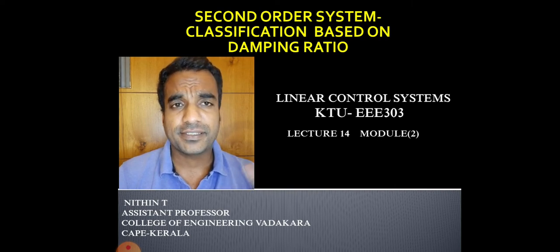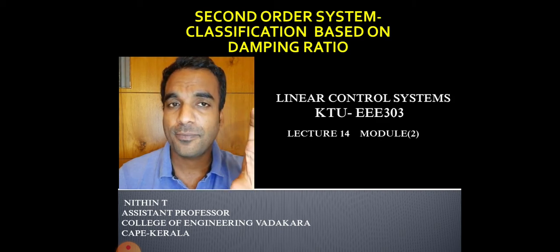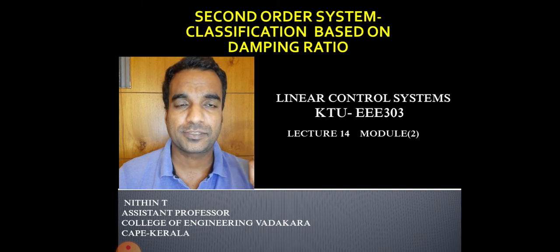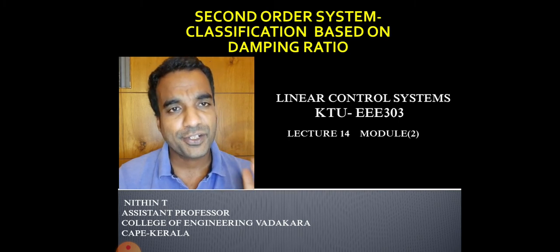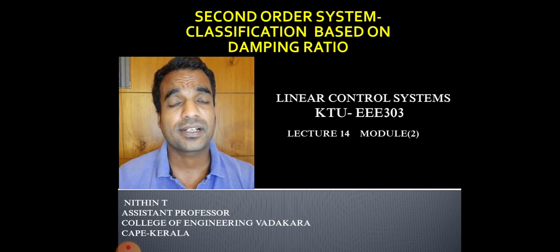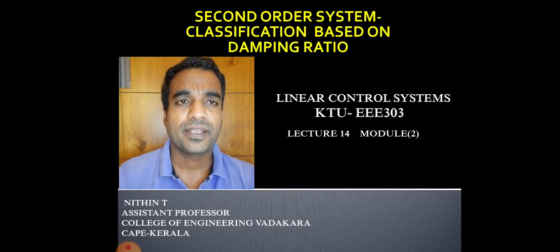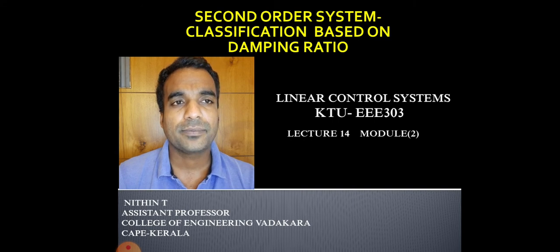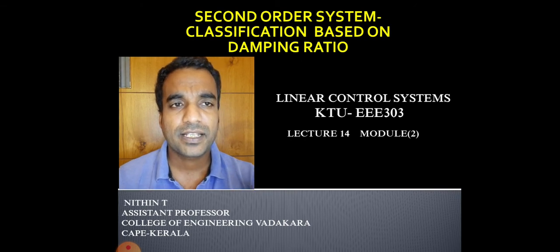And we did some analysis on that transfer function, on that standard form, to get the response. Response means y of t. So that analysis is completed in the previous class, and today we are moving to the classification of control system. In the last class we also defined what was damping ratio and what is damping factor, all such things. Now we can have a brief recap of some basic things from the last class that we need for moving further into the classification.